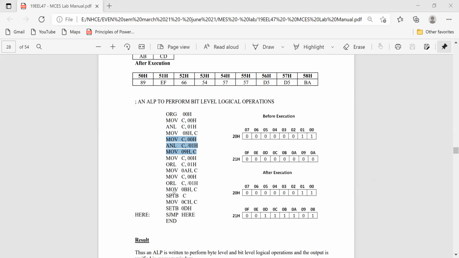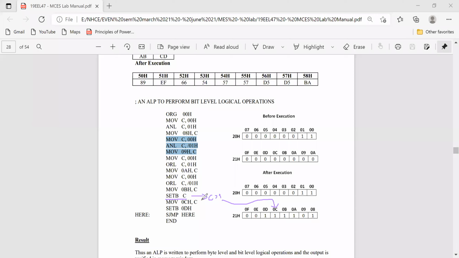Okay, so set bit C. I'm just using the instruction set bit C. Whatever may be the value, the carry is 1. So I am pushing that to another location.